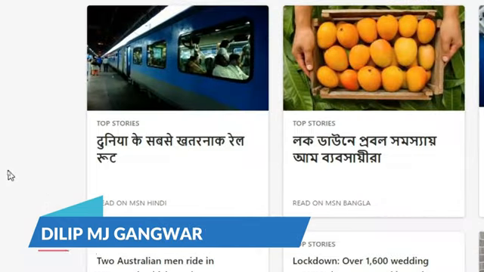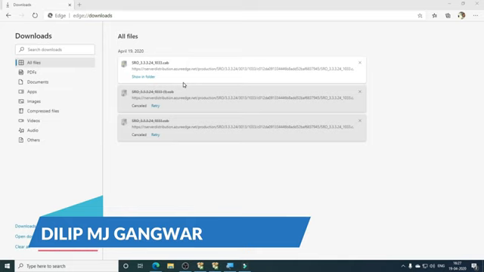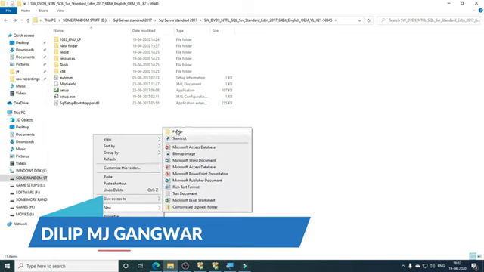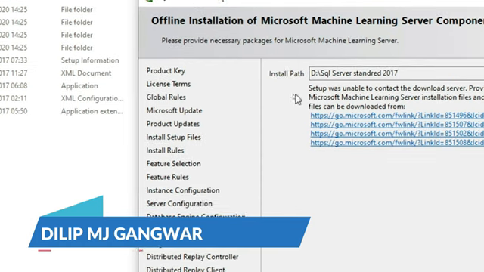So I'm clicking on it. On the corner we can see that this file is downloading here. So the file has hopefully downloaded. Now we are going to paste this file in the SQL setup folder. So after reaching the folder, create a new folder. Now we should appropriately name the folder. Copy this name right here.